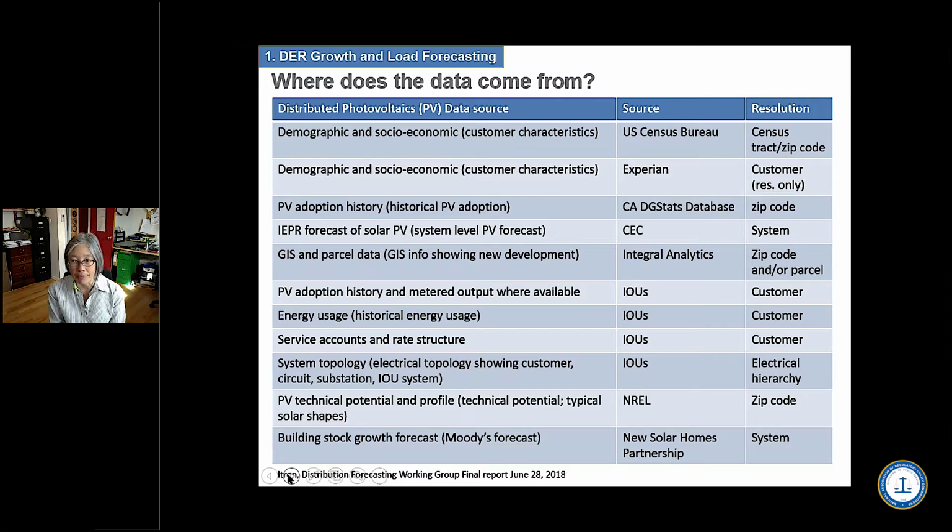So, if there's a lot of PV growth, I want to know where that is happening, which feeders, and where. If there's a lot of electric vehicle growth, I want to know, is it a level 2 charger or a level 1 charger? And when are they charging these things? Because all that has to feed into this load forecasting. So if you go to the next slide, Carrie,